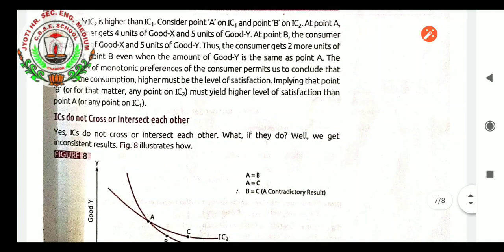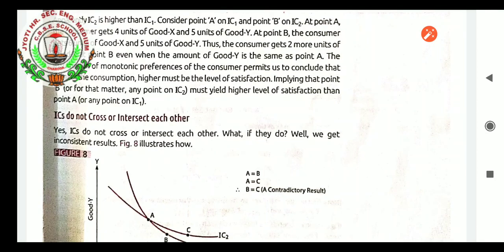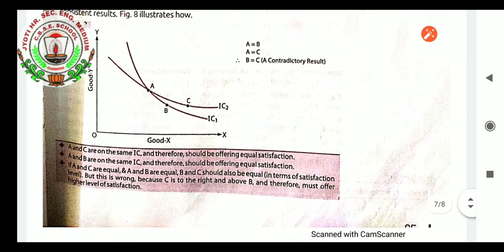So the points are very clear. IC do not cross or intersect each other, because the satisfaction level of the person will never match. The sacrificing level of the person will never match, and because of that it shows that IC do not intersect